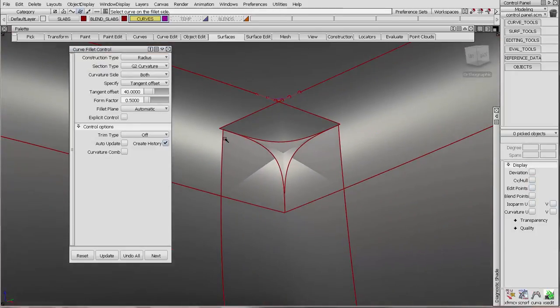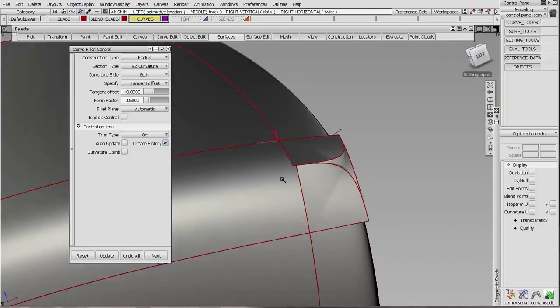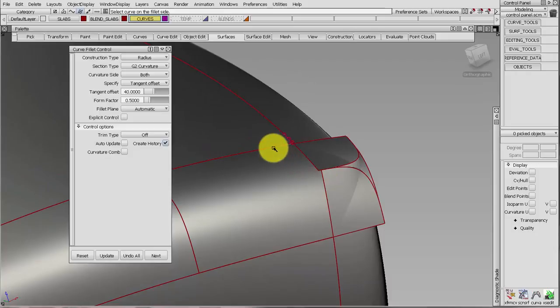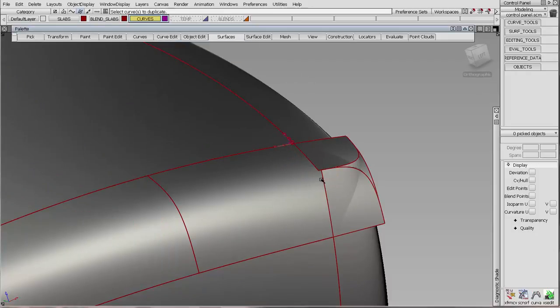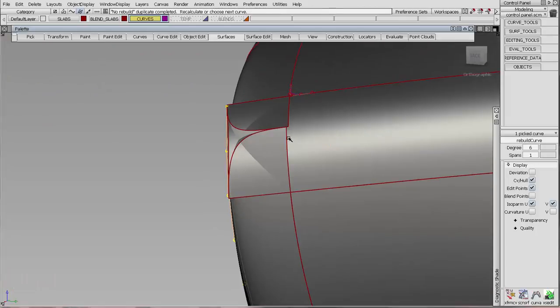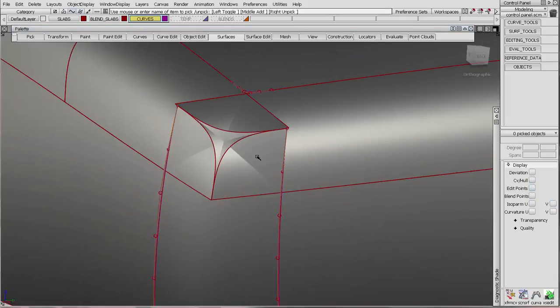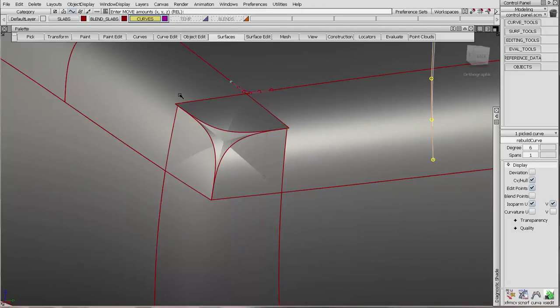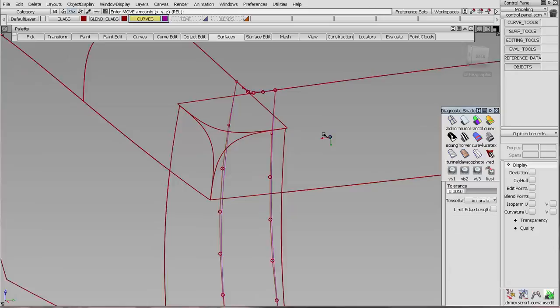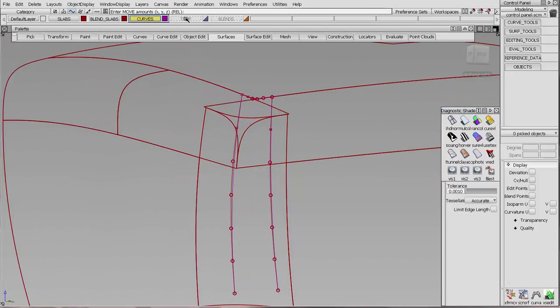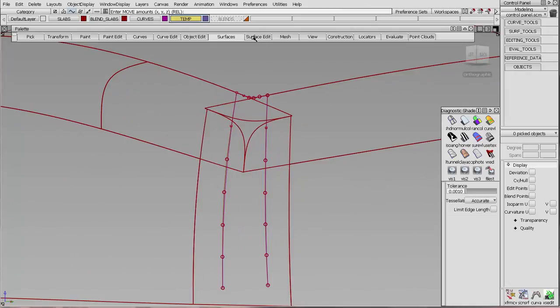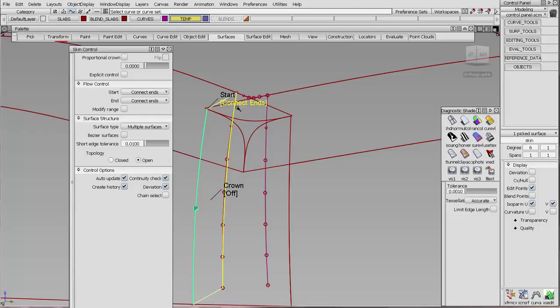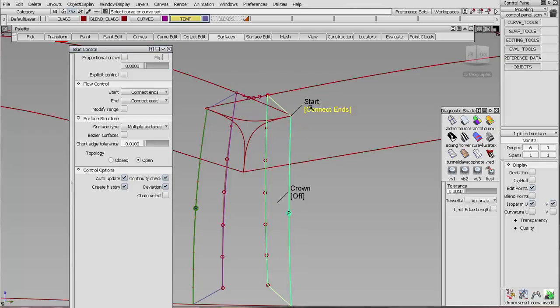The next thing I need to do is create a surface that goes from here right to that point. To do that, I'm going to duplicate this edge and this edge, pick those, set their pivots to the end and move them. Same with this, pivot and move. I'll turn off my shading so we can see what we're doing here. Now I'll make just a basic skin surface between that fillet edge and there, and the same here. Connect ends is good to have on in this case,